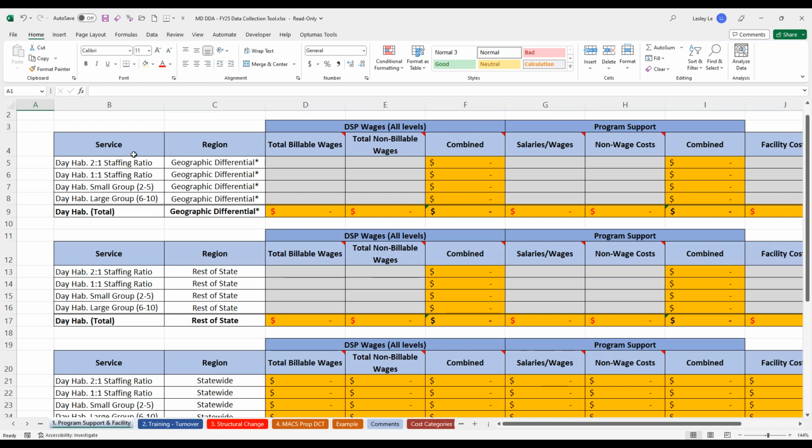Okay, so we're very aware that under the PCIS2 system, there isn't a clean split between these services. So if you are able to split out the 4 services and leave a comment on how you were able to split that out, that would be appreciated. However, if you're not able to discern between the 4 services, you're welcome to fill in the total line, which is these lines in yellow here, and just give us your total costs for day habilitation overall.